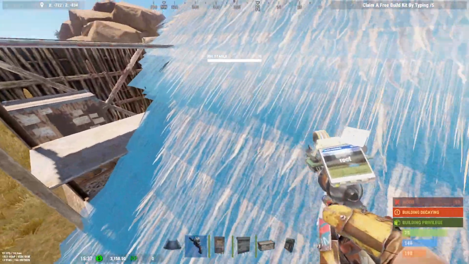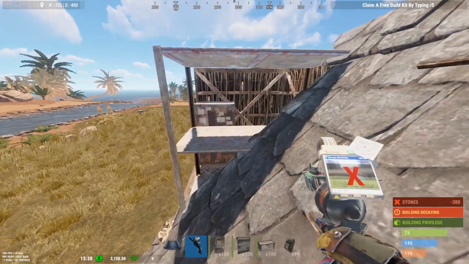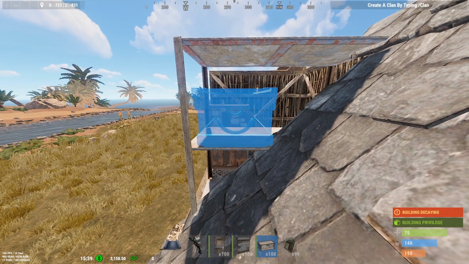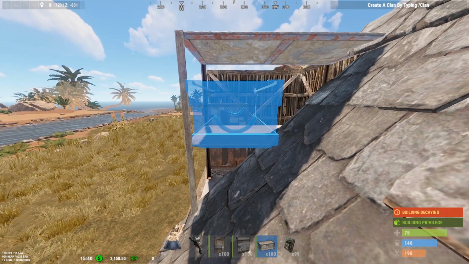wall. We need to turn this to stone to make the box placement a lot easier. So we've turned that to stone. Grab a large box and place it in like so. At the minute it's pushed all the way back, but we do need to bring it towards us, and the best way to get the right placement on this is if you look at the bottom right hand corner of the box that's